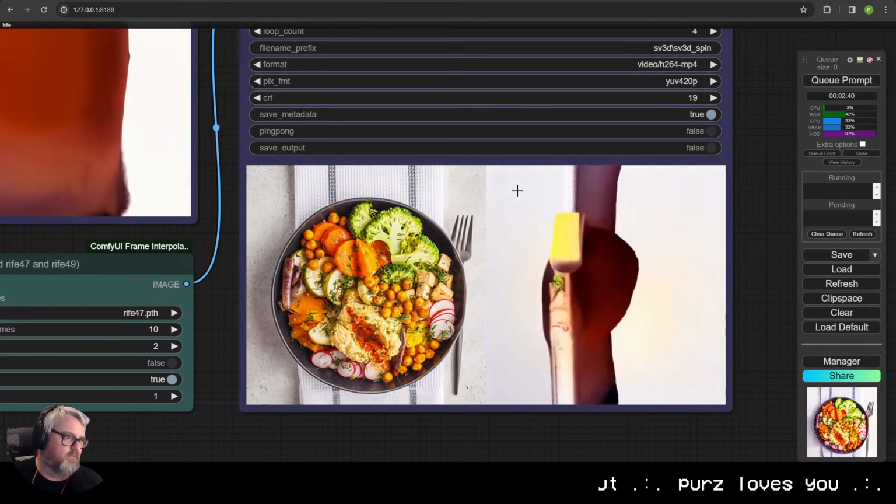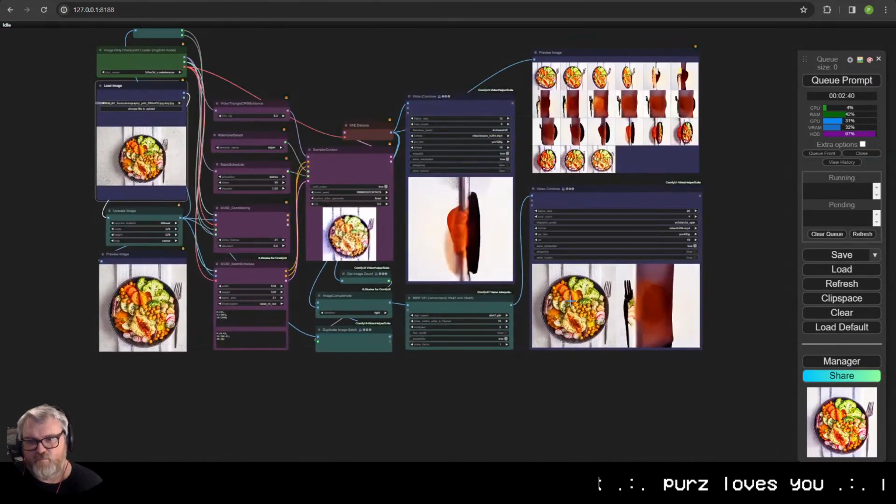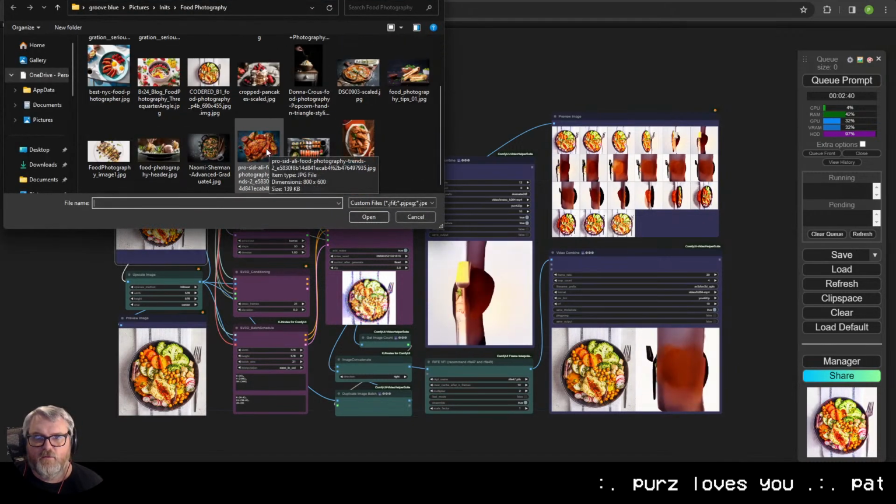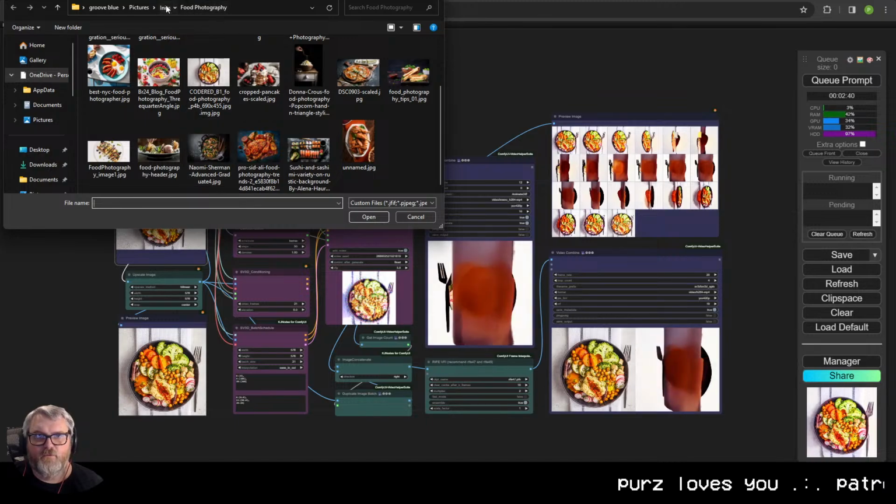Technically the bowl. Looks like the table to me though. And can it do